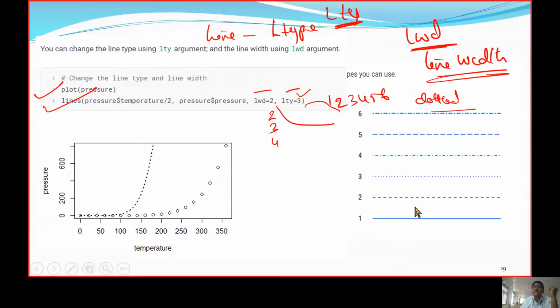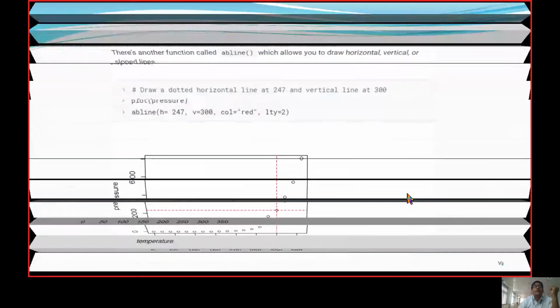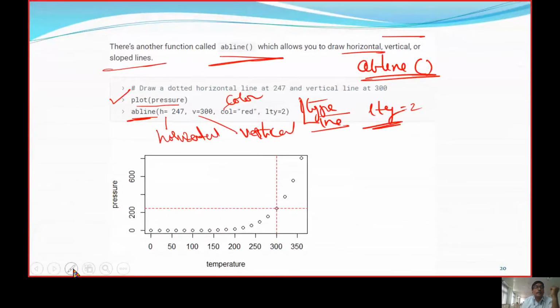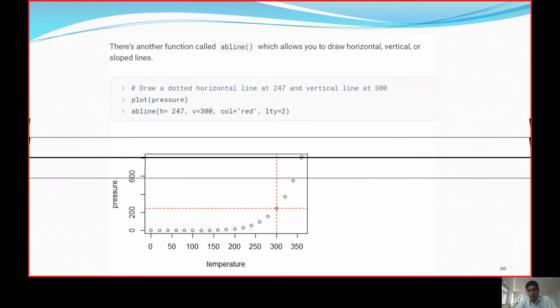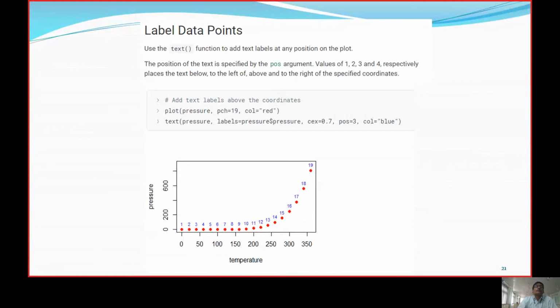Type 2, you can see, was a dotted line, so we are going to get this item in the form of dots. The horizontal position is at 247, and the vertical position is going to start at 300. That's how we are mingling this ABline into the analysis in a graph.